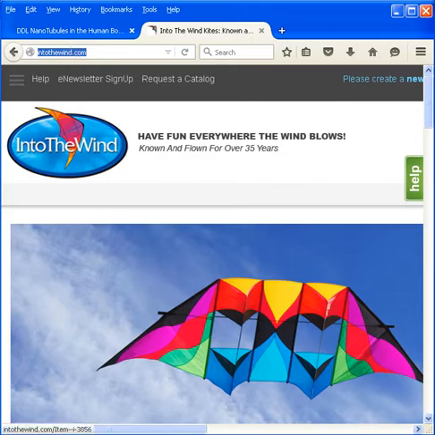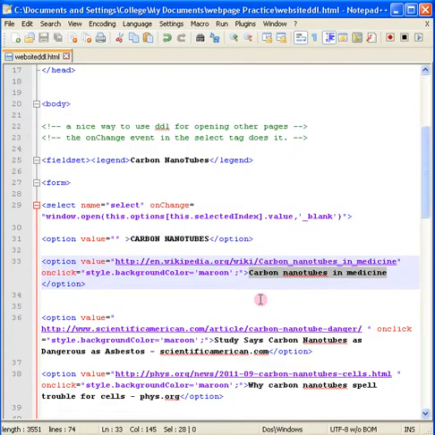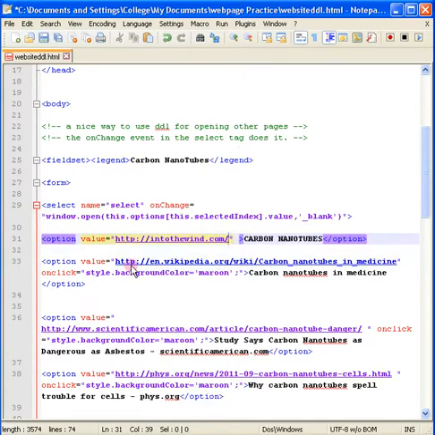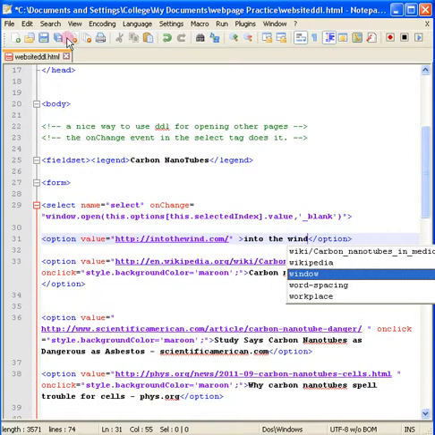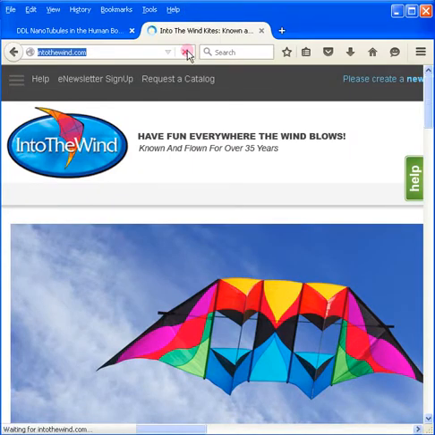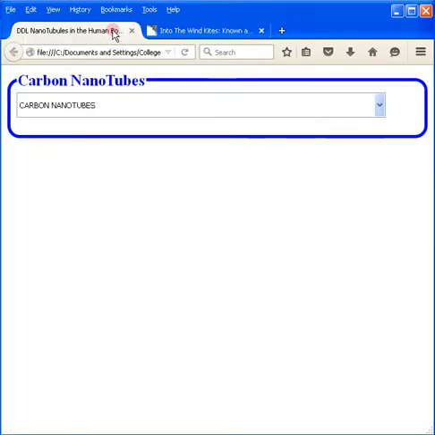And you go into, let's go here. I'm going to put it in this value where there's nothing. So it fits right in the double quotes, and instead of carbon nanotubes, I'm going to say Into the Wind because that's the name of the website. So then I'm going to save it. I'm going to go to the browser. I'm going to refresh it. Oops, I refreshed the wrong thing. I'm going to refresh my actual page, and if you see, if we click Into the Wind,